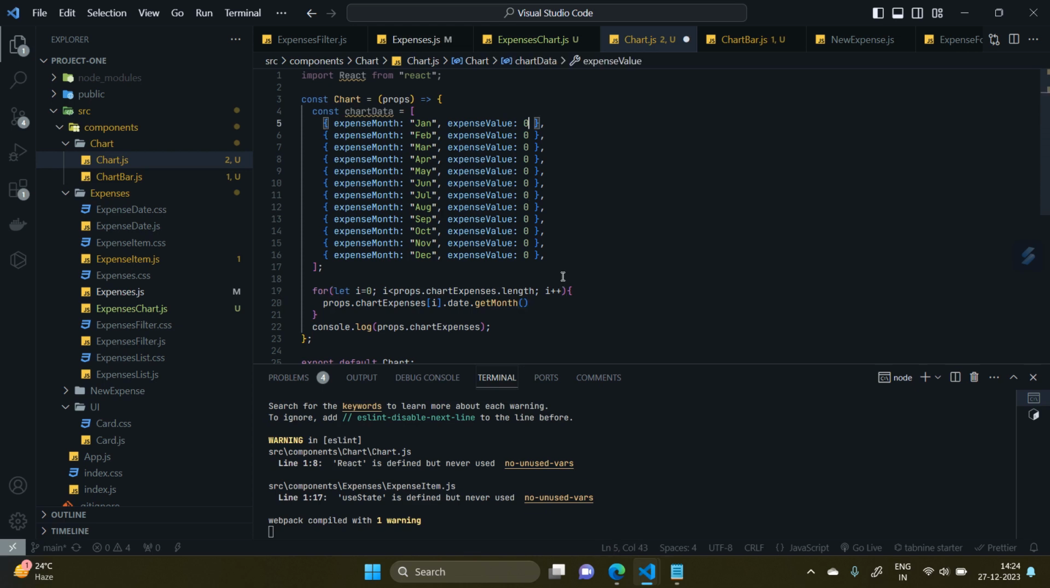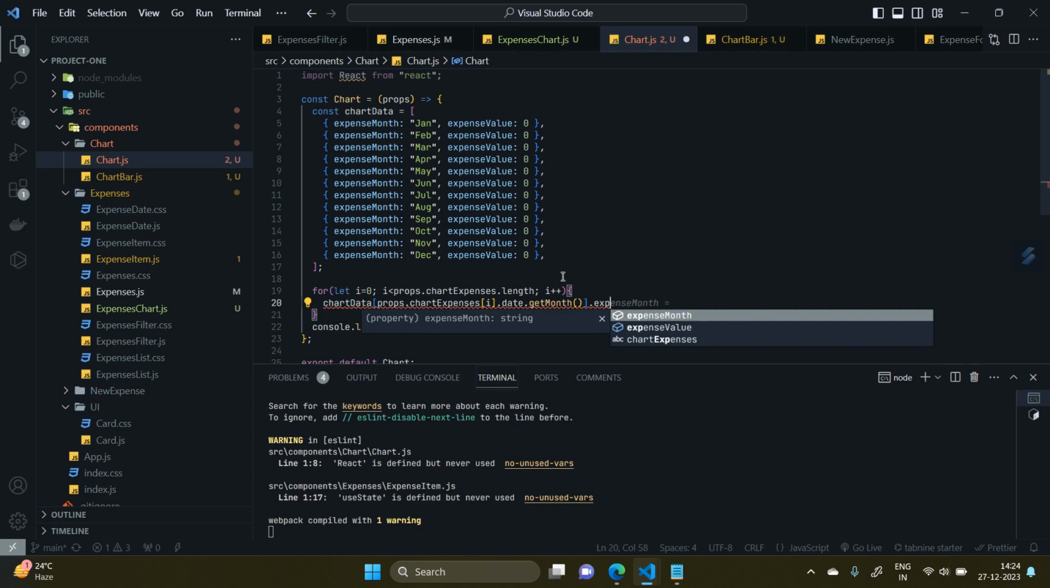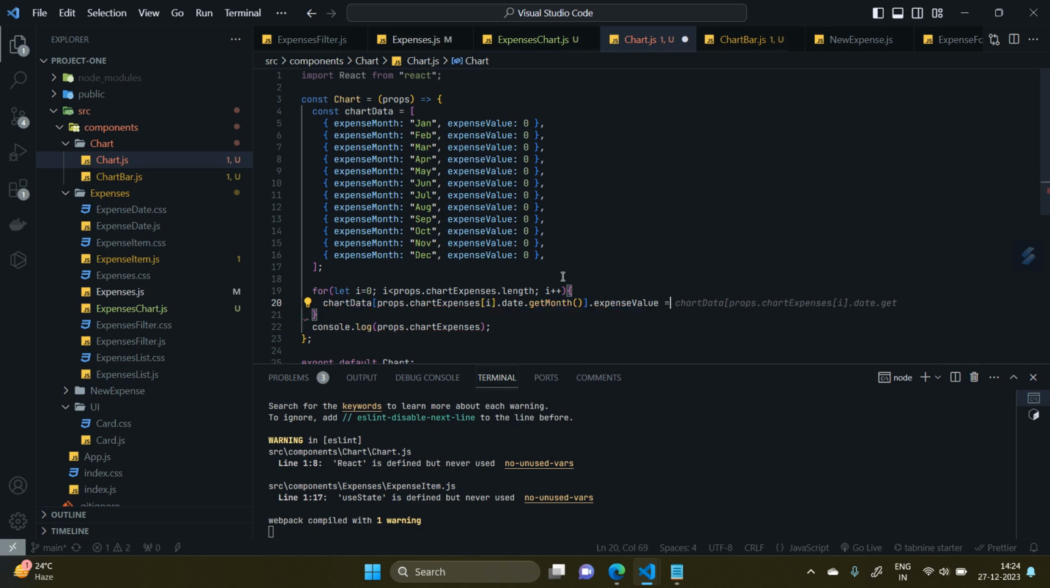And here also, the array that we created has these objects. Since it is an array, again this is zero based, so this will actually give me the correct number for the month. So I can directly pass this to the chartData, and then I can say .expenseValue equals this. I mean, the previous value is zero, and to that I want to add the new value. So I will add